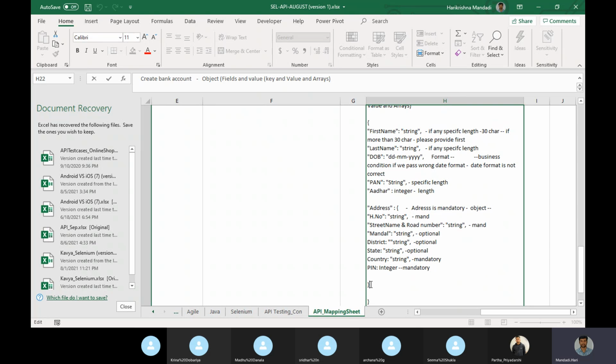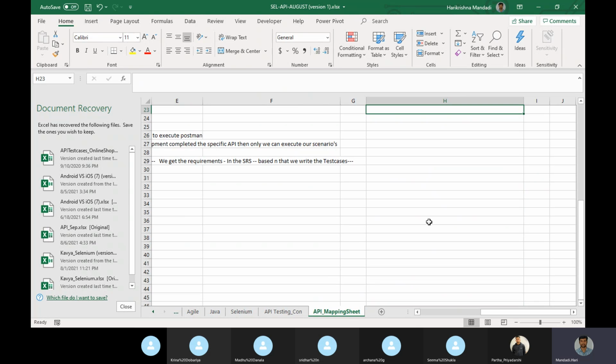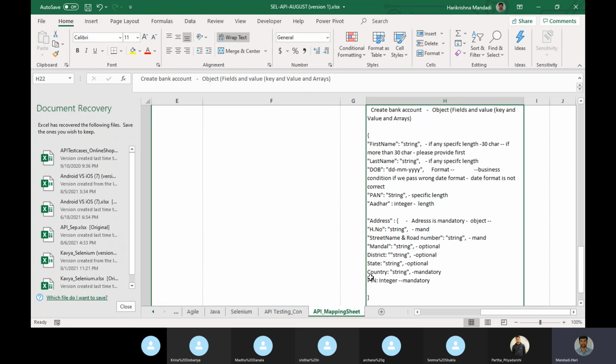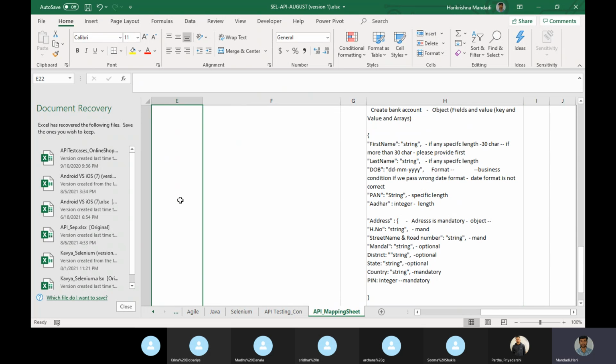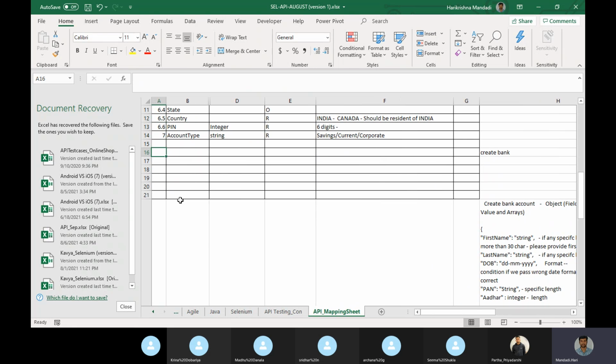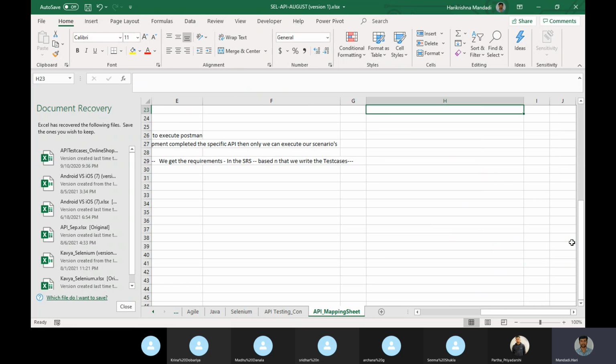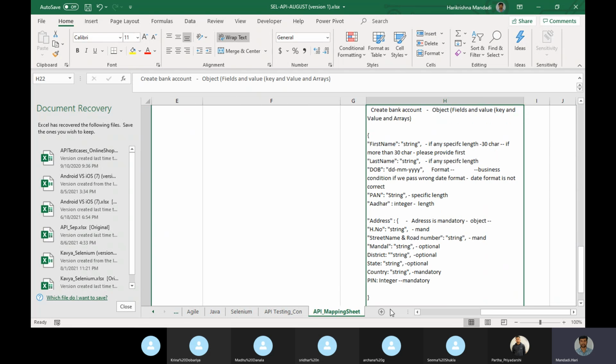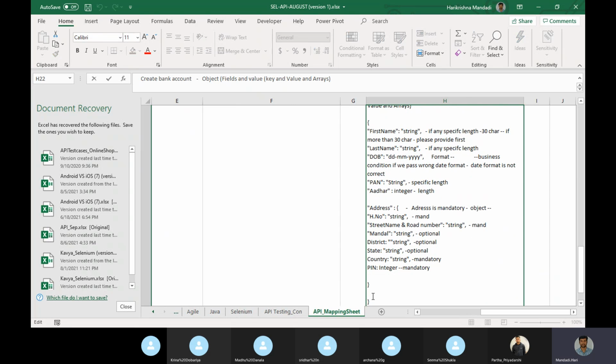Suppose I have one more object, then I will write like 0.1. Let's say I have something like residence, permanent address and temporary address, whatever, such kind of thing. Suppose native address, permanent address.